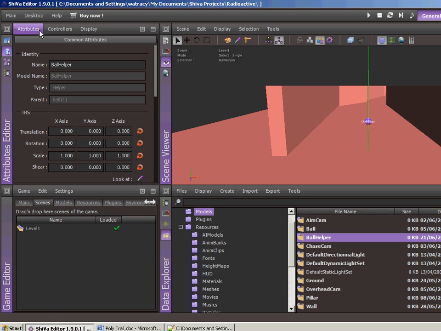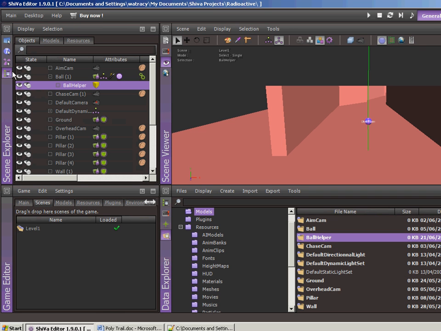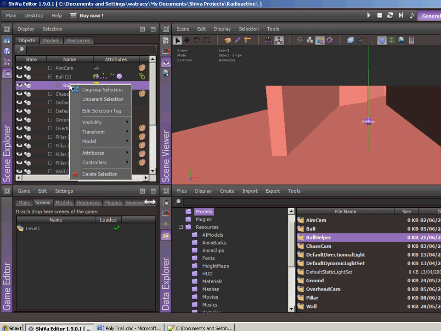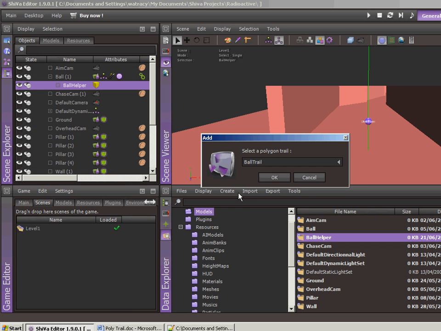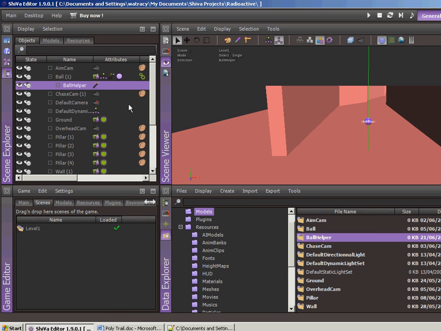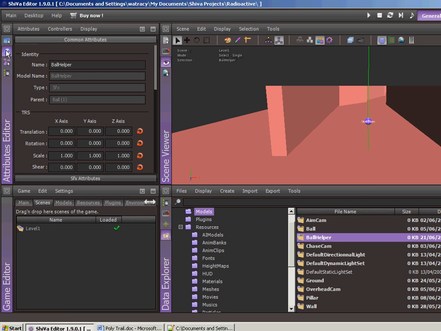And now let's attach the polytrail. So we'll go back to the Scene Explorer, right click on Ball Helper, go to Attributes and Special Effects, add Polygon Trail, Ball Trail, click OK. Let's go up here and save our scene. Actually, there's one other thing I need to do, and that's, let's go back into the Attributes Editor